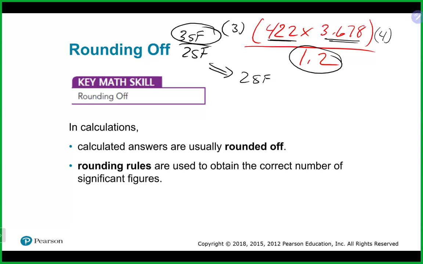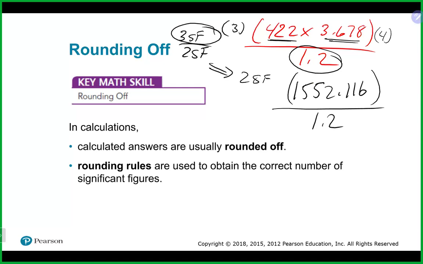422 times 3.67, and punching it in, I get 1552.116. So that's what you get up there on top, right? So my first piece of advice would be